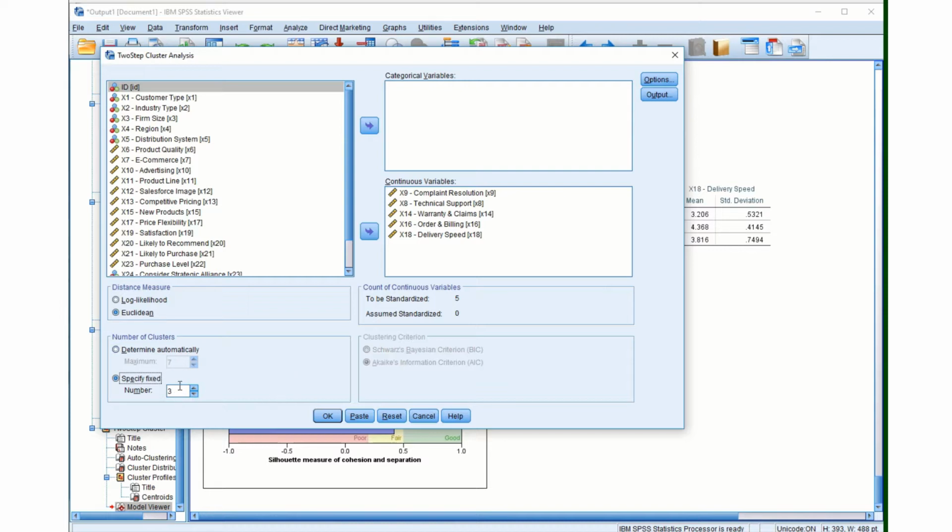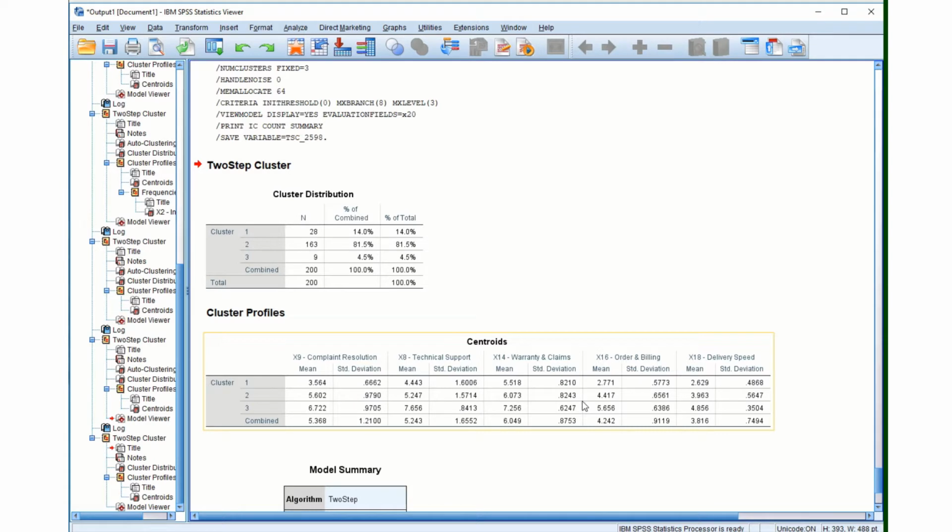What if I really want to have, maybe I think there's a high, medium, and low as opposed to just a high and a low in terms of customer evaluation. So maybe I want to fix it to 3. So I use 3, and I have, again, distance measure options that I could choose. I'm going to click OK. And now this time I don't have the BIC or AIC fit criterion because I specified when the process should